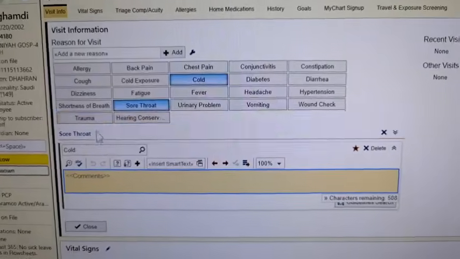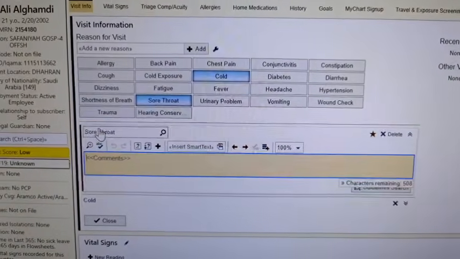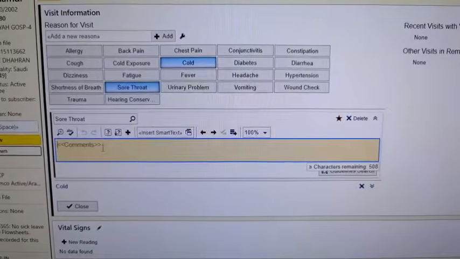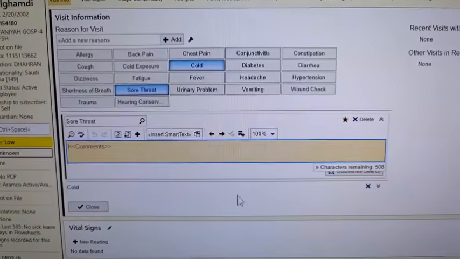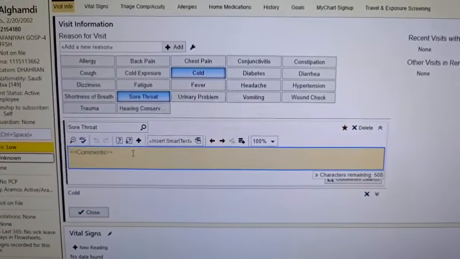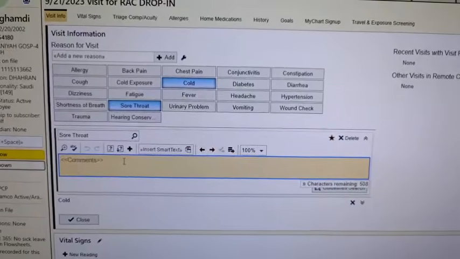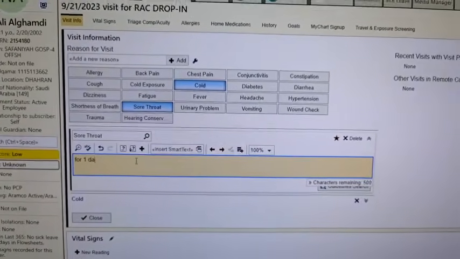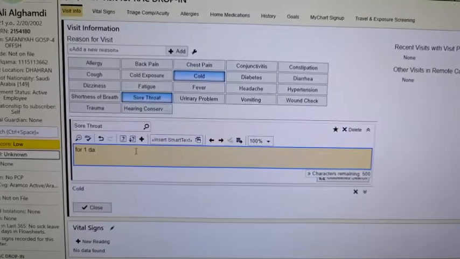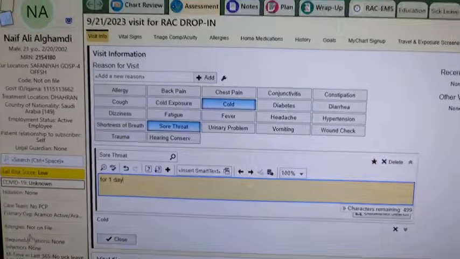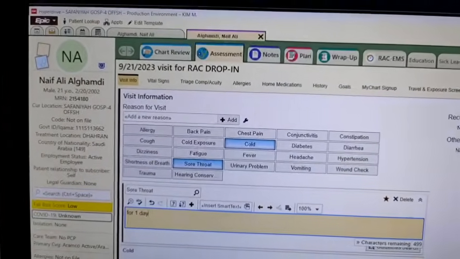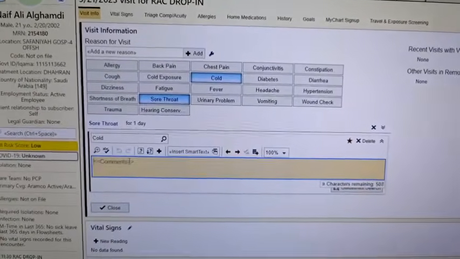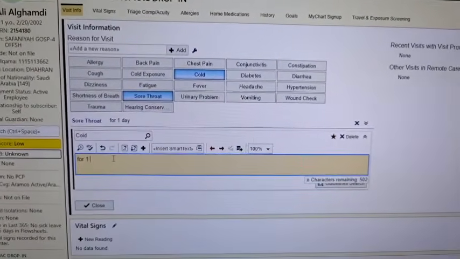For the initial complaint of sore throat, you fill up the necessary information here, for example, for 1 day. And then colds, for 1 day also.